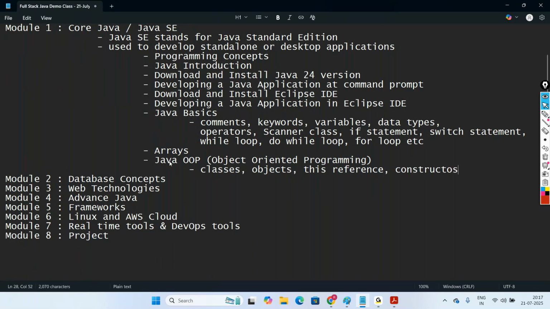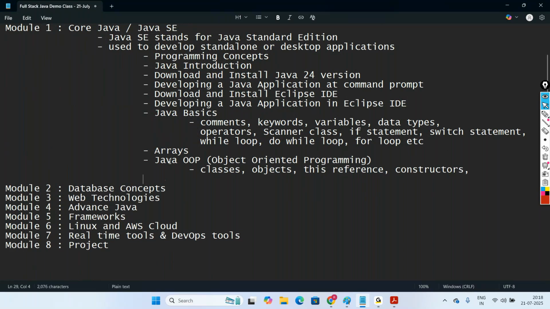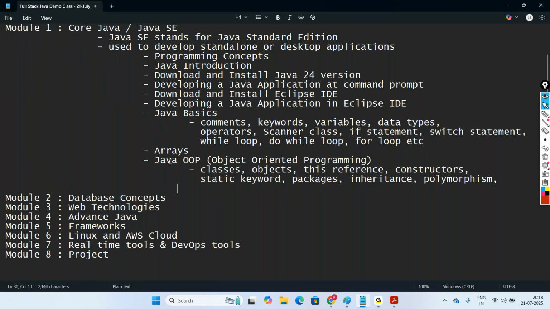constructors, static keyword, packages, inheritance, polymorphism, super reference, final keyword, inner classes,